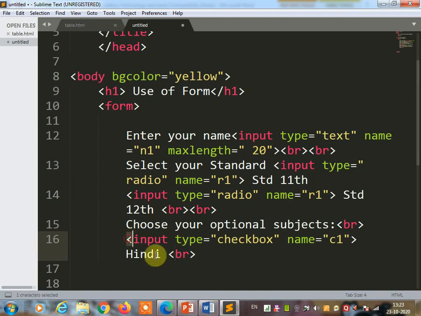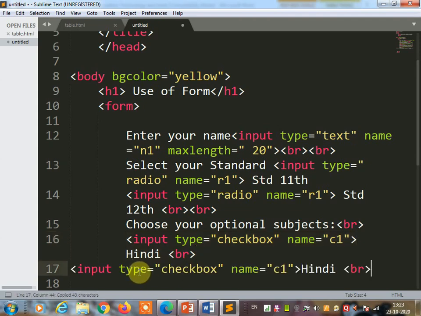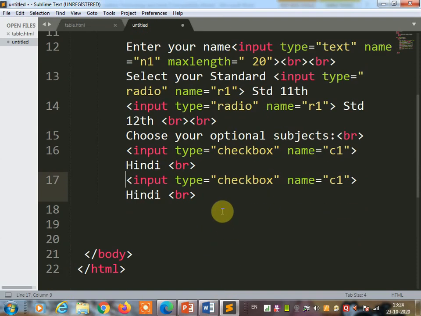Now copy this one so you can save your time. Create a second subject. Now input type equal checkbox, name C2. Hindi is over. Then you can take another subject. Then again copy and paste.